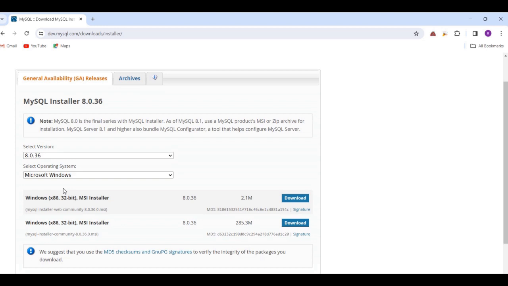It has version 8.0.36 and is set for the operating system Microsoft Windows with two products, and the category mentioned here is 32 bit, but we are going to select the second product, that is Windows x86 32 bit MSI Installer 8.0.36, 285.3 MB, and it will be working for 64 bits also. So I will download it.